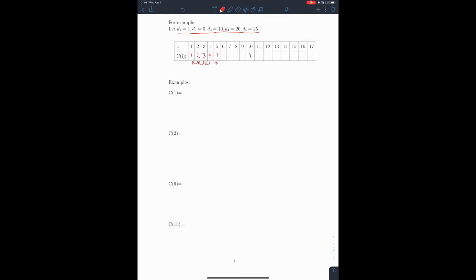So again, if we try to make change for 6 cents, then we can use 1 5-cent and 1 penny to make the 6-cent change. That means we need 2. If we want to find how many coins we need to make change of 7 cents, we know that we need 2 coins to make change of 6. That means we can add 1 more penny with it to make change of 7. That means 3. Similarly, 4,